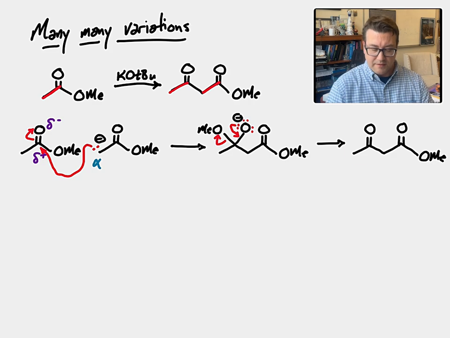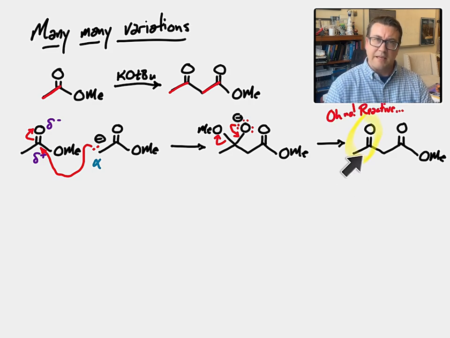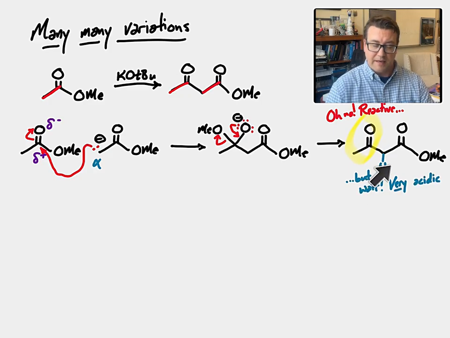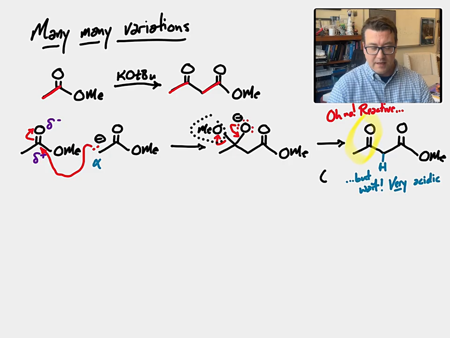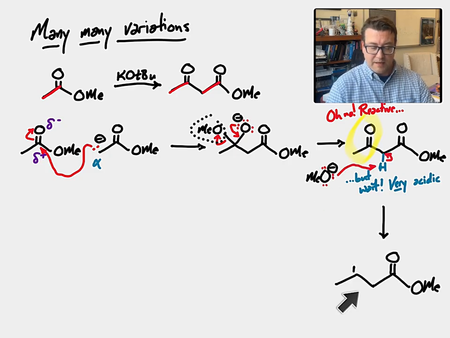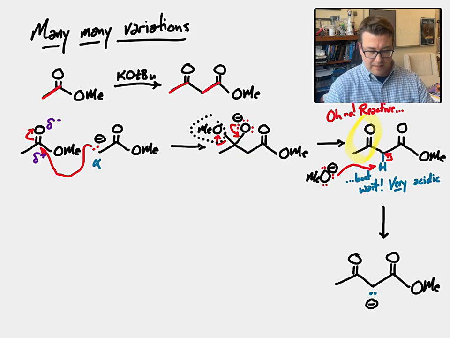And you might be saying to yourself, well, the ketone is more reactive than an ester. Isn't that going to create an issue? Isn't that going to keep reacting? Well, this has a trick up its sleeve. That trick happens to be that this proton here, between the beta keto ester, this alpha carbon, is very acidic. And it's very acidic because once you've deprotonated it with the base that you just generated up here, this methoxide,